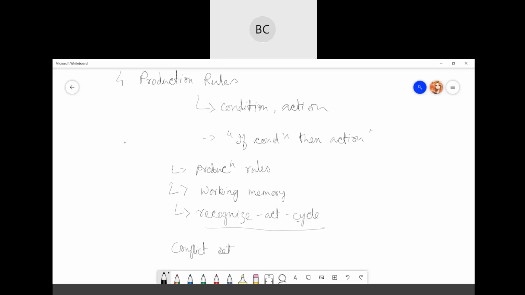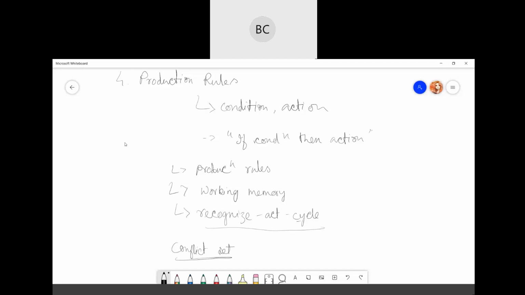Fire means it will just click, it will do the functioning part. So sometimes it happens that for a new state, maybe multiple production rules will be fired together. So that is called your conflict set. Okay. So in this situation, the agent needs to select a rule from the set, and it is called conflict resolution. Since lots of production rules fired together, the agent will select which rule it should go for.